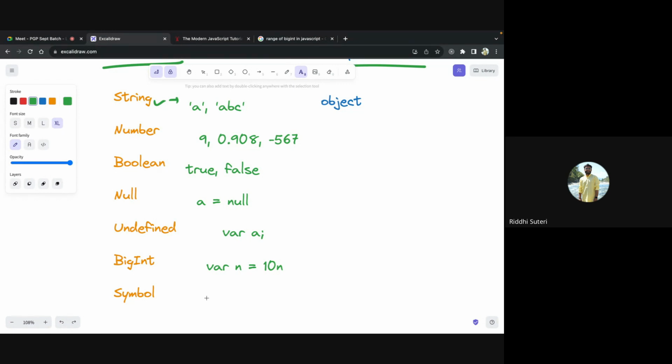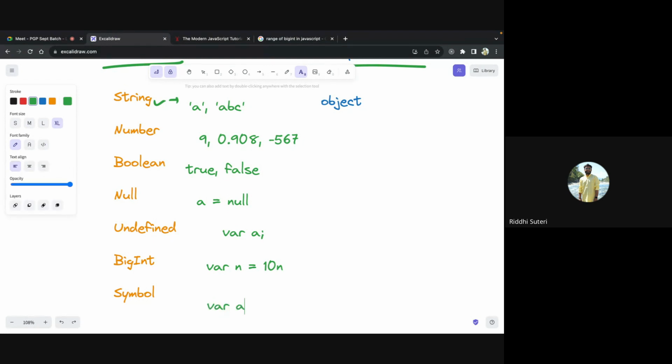It is a mechanism with which you can always gather immutable and unique values, meaning you cannot change that value. You have given it a value, you cannot change it later on, right? The value of a Symbol you cannot change, and it will always be unique wherever you use it. That is what a Symbol is capable of doing.